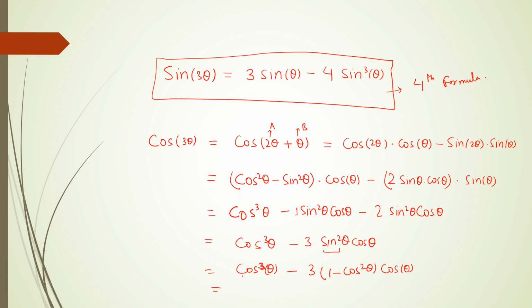Then we can also write it as cos cube theta minus 3 cos theta, then minus minus would be plus 3 cos square theta into cos theta, which would be cos cube theta. Sin square theta is 1 minus cos square theta. Then what would be the